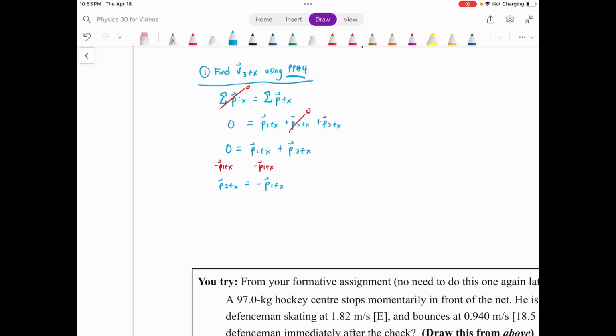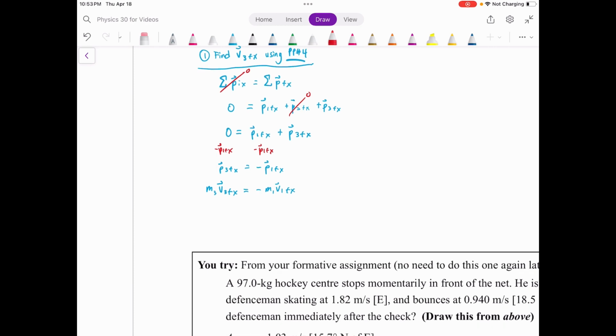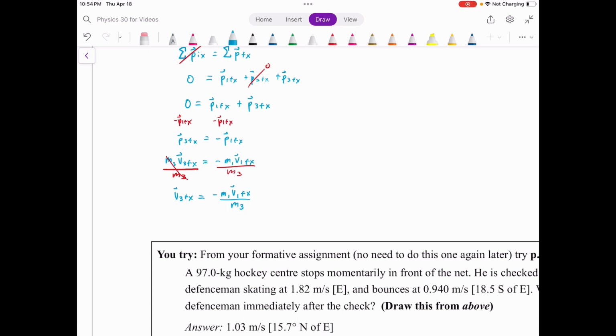Okay, so every p is just an mv. So what's momentum 3 final x? It's mass 3 times velocity 3 final's x component, and then the same thing here. We're solving for the x component of velocity 3 final so that we can eventually find velocity 3 itself. So divide both sides by mass 3 and we get that. Now we've just got to plug in those numbers. So V3 final's x component will be, there's a negative that's part of our equation here,